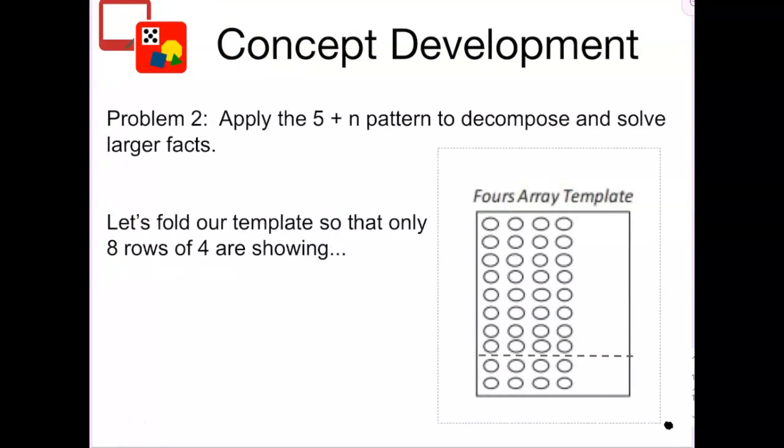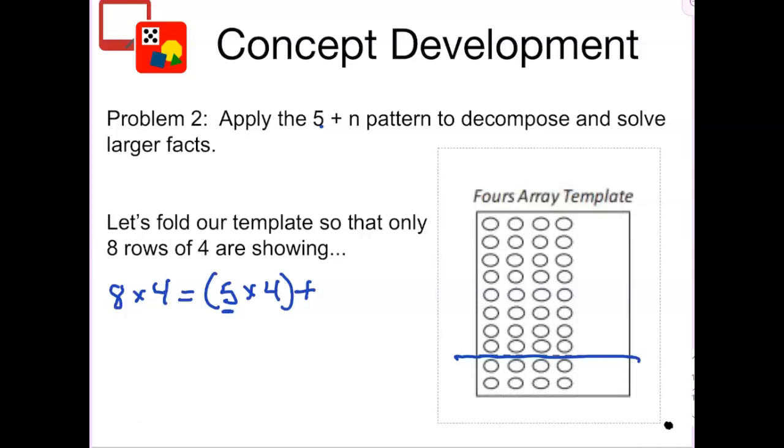Let's take a look at another one. Apply the 5 plus n pattern to decompose and solve larger facts. Well, that's what we had been doing. So if you fold your template or just draw a line like I have been, if you've been using your whiteboard, we still want, if we have 8 rows of 4, we're doing 8 times 4. So we're going to start with 5 times 4, plus 5 plus what equals